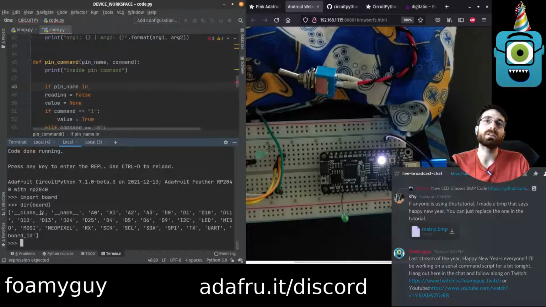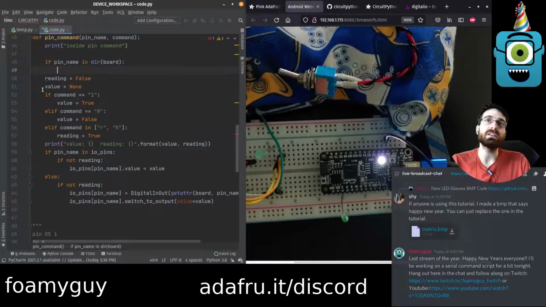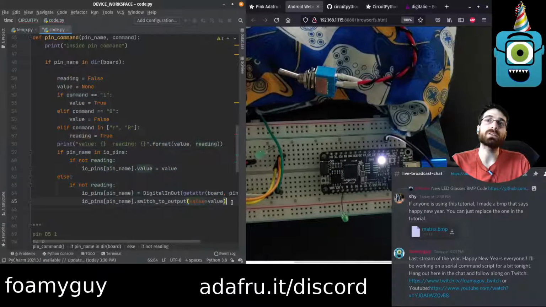There'll be some that are still not what we want. Like these it will find them and it's not really a pin and it probably would break something, but it's close enough. We can say dir board, pin name is in the dir board, then do this stuff, else